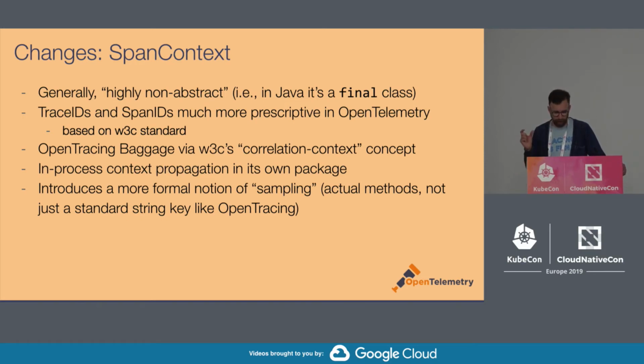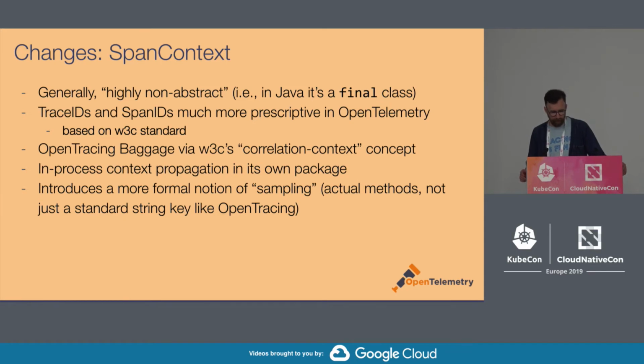So the SpanContext is much more concrete. This actually has a lot of benefits in that if you want to integrate with a logging system or something, you can be guaranteed that any OpenTelemetry implementation has to provide a trace ID and has to provide a span ID. This has been a feature request in OpenTracing really since the dawn of time, and that will now be a trivial thing and doesn't involve any kind of weird class cast exceptions that you have to worry about. It's just part of the interface.